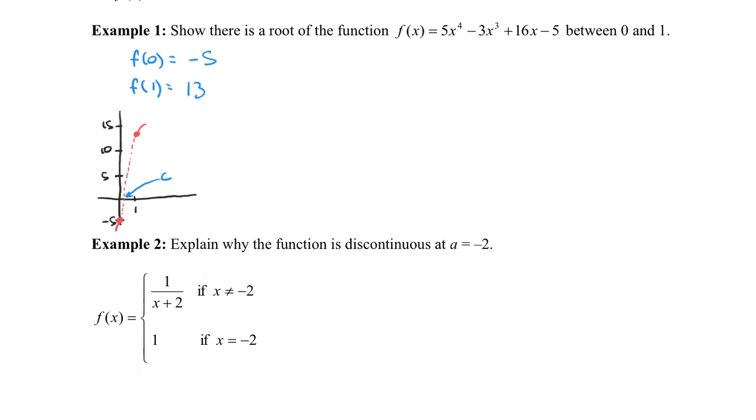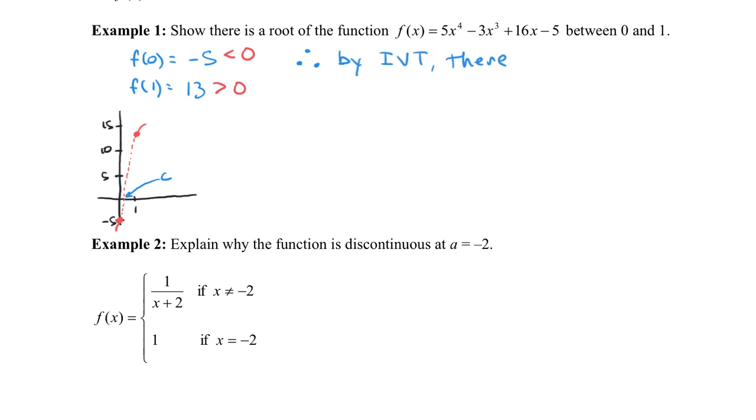So what we can say is f of 0 is negative 5, which is a negative number, it's less than 0. f of 1 is 13, which is greater than 0, it's a positive number, which means that there's some c here such that f of c equals exactly 0, because we're going from negative to positive, so we have to hit a 0. And we can make the argument like this. We're basically using these two facts, and we can say therefore, and I use this notation you see a lot of times in mathematical arguments. It just means therefore. Therefore, by the intermediate value theorem,